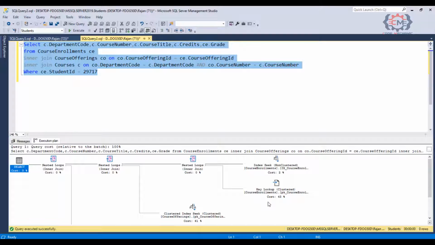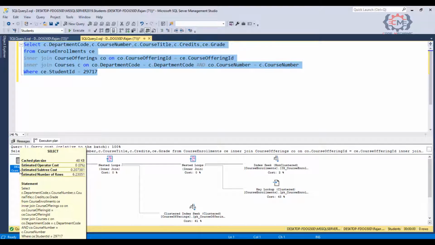We can see that the rest of the plan looks basically the same. If we look at the overall query, though, our estimated cost is now around 0.207. Remember, before it was way up over 12.01. So we have seen a significant saving here.